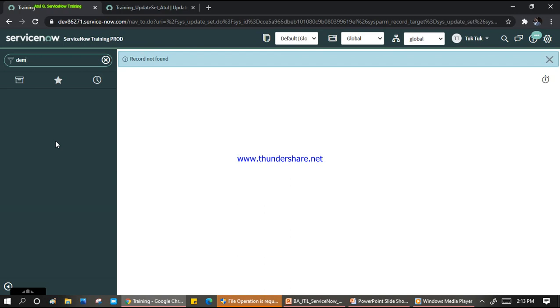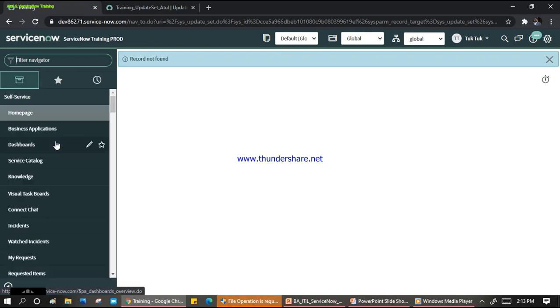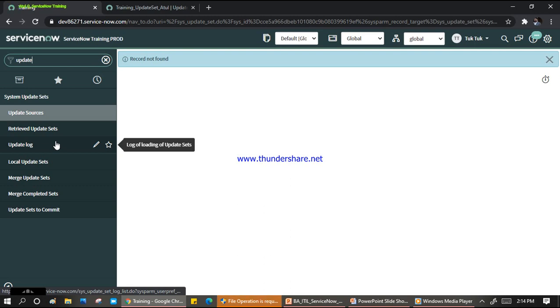Now let's take another use case. Customers say, or someone says, no, I know that this is a non-error and I got an agreement from the customer as well, Customer X, and this update set should be moved to production again. It means I want to commit my update set again which I just backed out. How can I do that, and what are the pros and cons for the same?